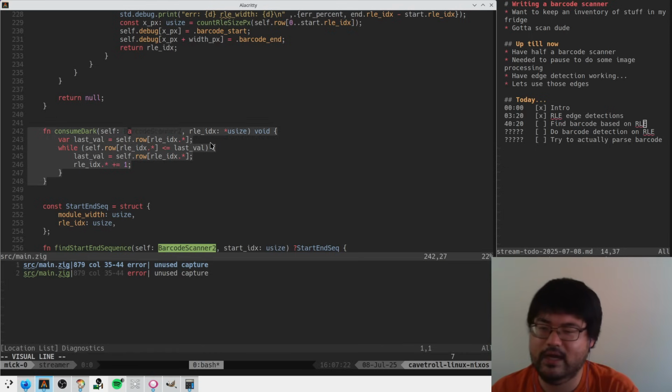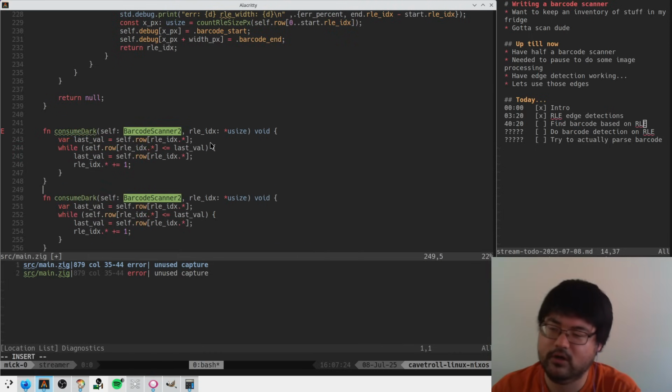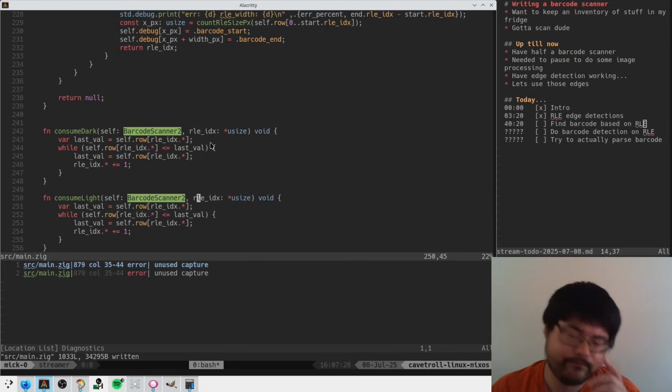Then we have consume light, which is going to look very similar. We're going to do the same thing, but with this flipped. Yes. Okay, so can we do something like,